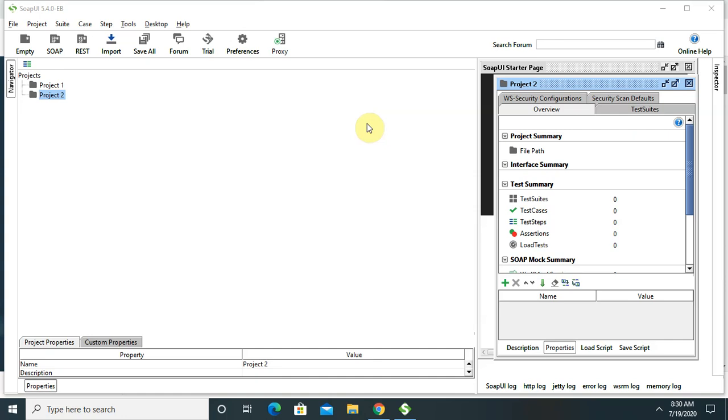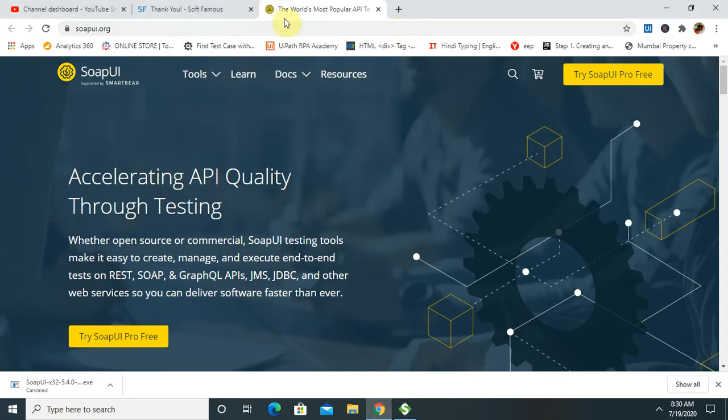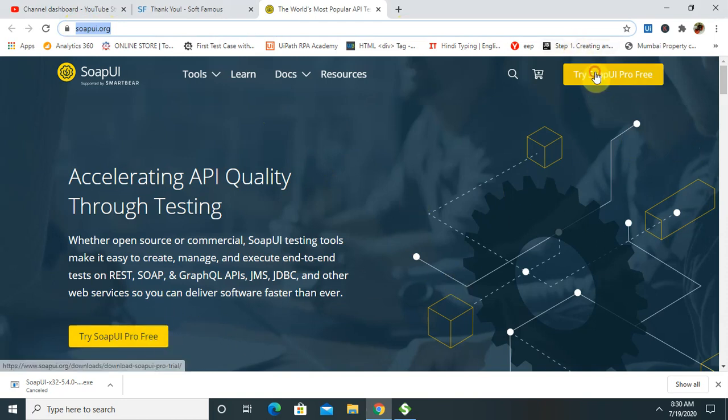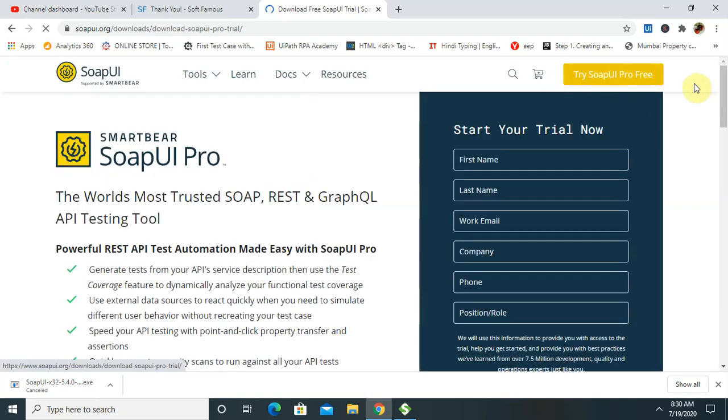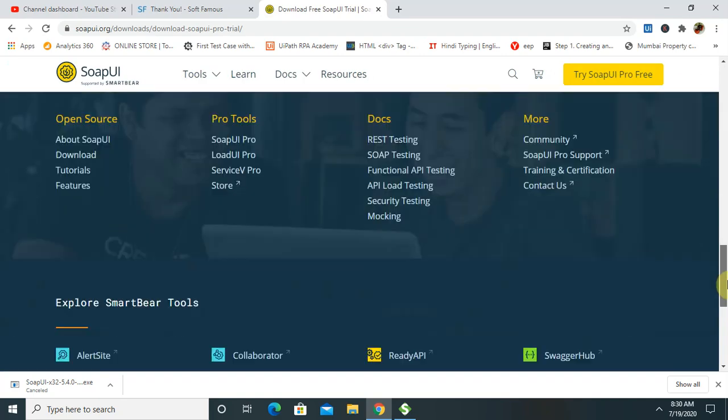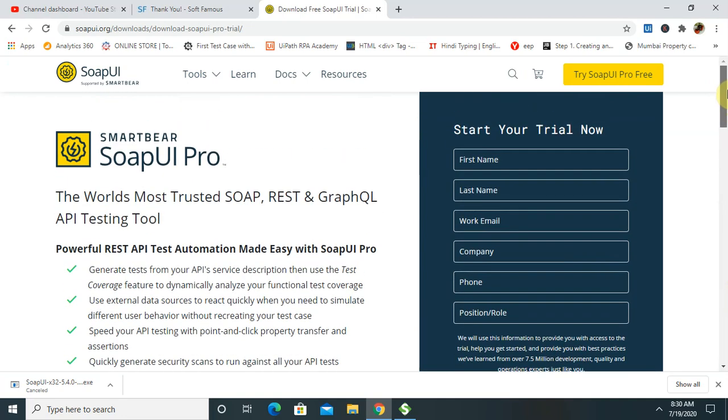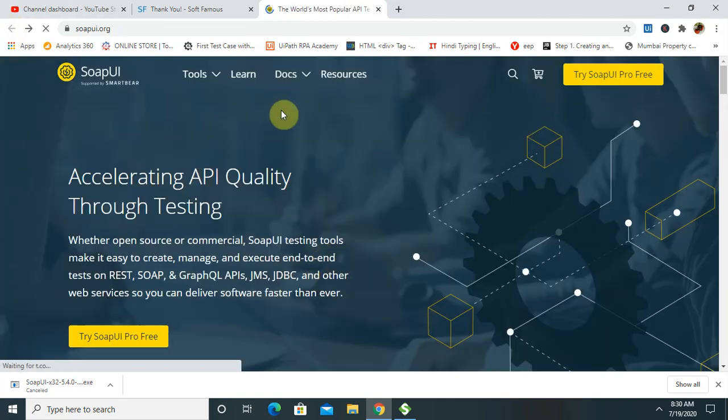If you are looking for the installation steps, just go to this website. Don't worry about that, I will mention in the description from where you can download it. If you are looking to buy the Pro version, you can buy it using this. If you are looking for the free or trial version, you can download it from this location. Once you click on this, it will ask for registration. Otherwise, for downloading